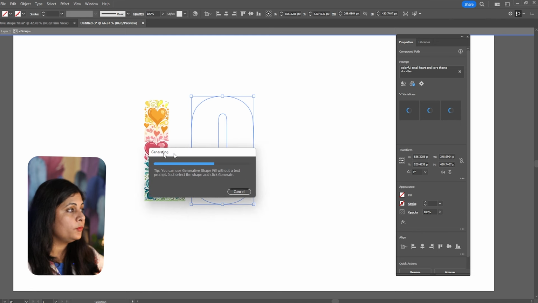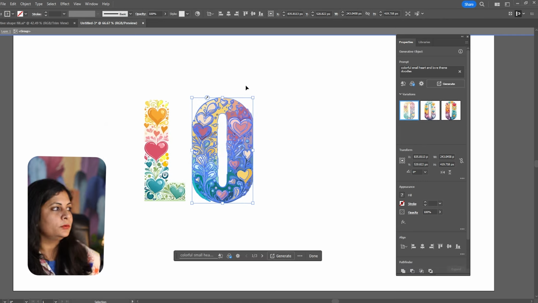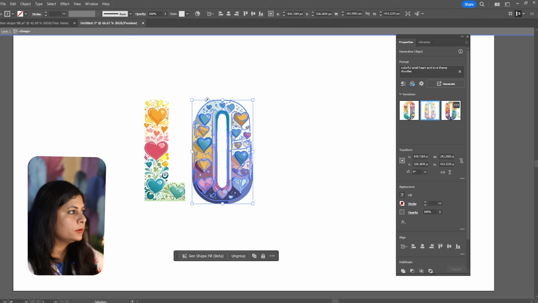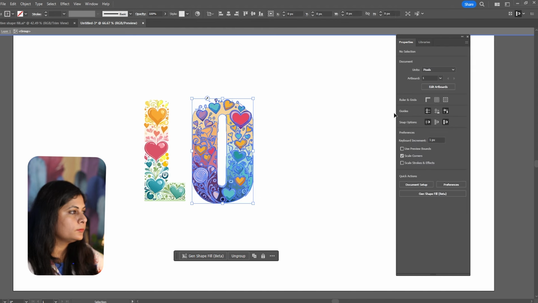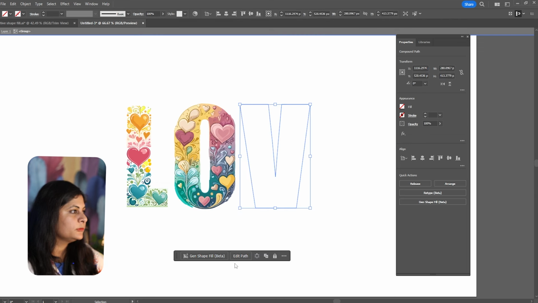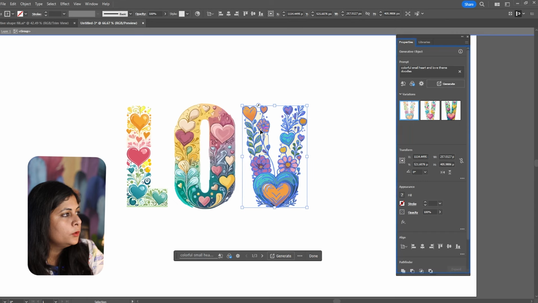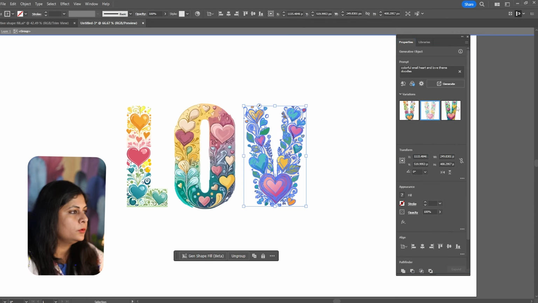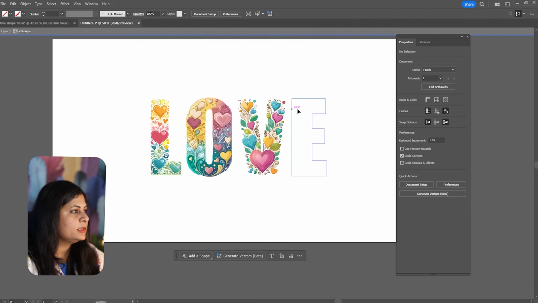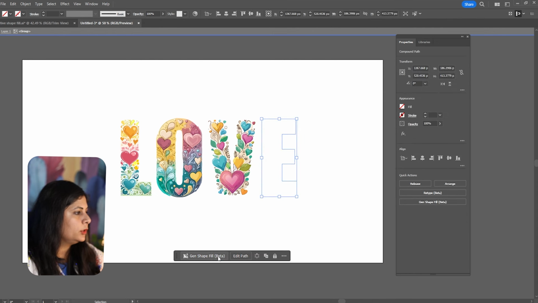Now we're going to use same prompt for all these letters and see the results. Very good option. I really like it. Alright. Same way we're going to use for this. Okay, the styles are not matching, but I think these two are matching well. Let's go with it once.